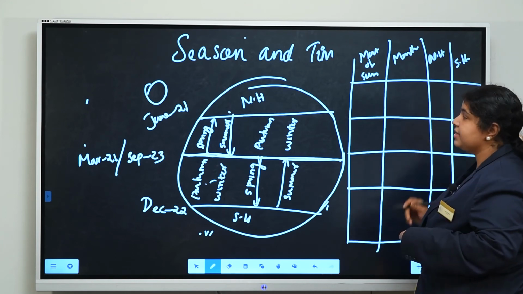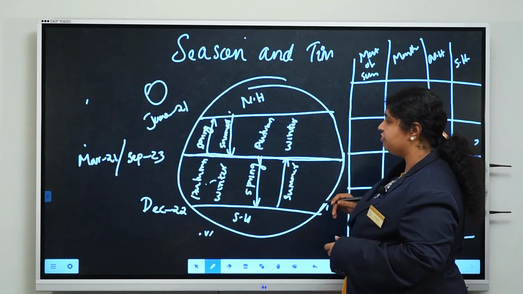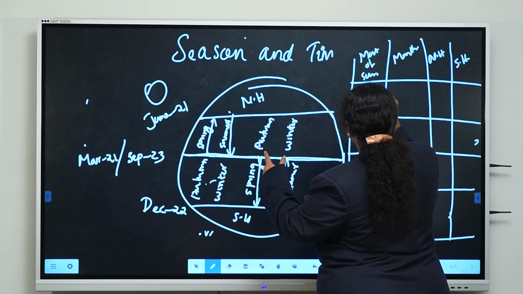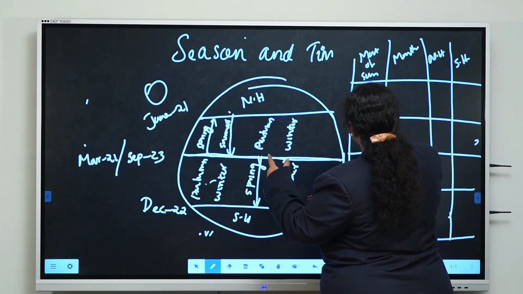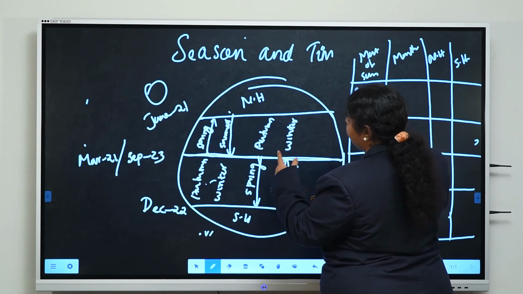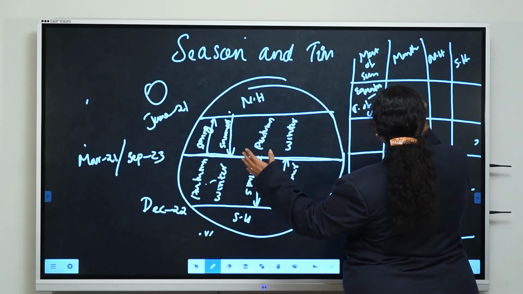Now let us do this activity. Movement of the sun from the equator to the Tropic of Cancer, from March to